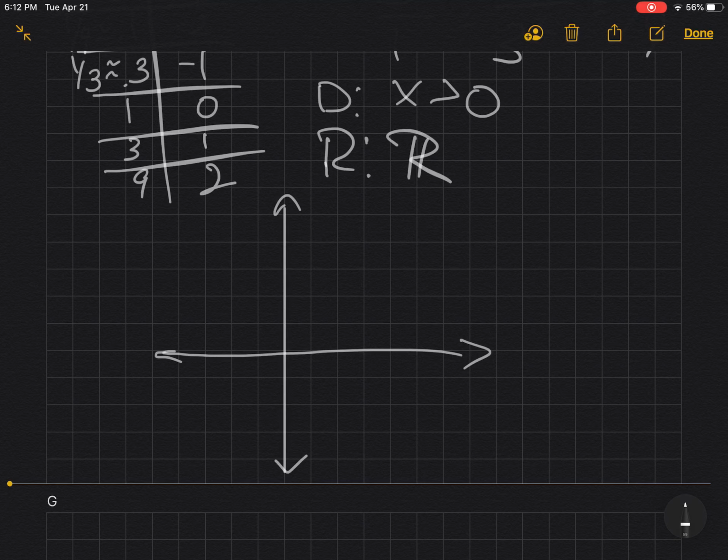Okay, so let's sketch that. 1/9, -2, where is that? That's 1/9 on the x, which would be somewhere around here, and then -2. So there. 1/3 on the x is a little bit further, so let's say there at -1. Then 1, 0, we know where that is. 3, 1 is right here. And then 9, 2. 9 is going to be further out, so this is 3, 4, 5, 6, 7, 8, 9, and then 9, 2. And now we connect,